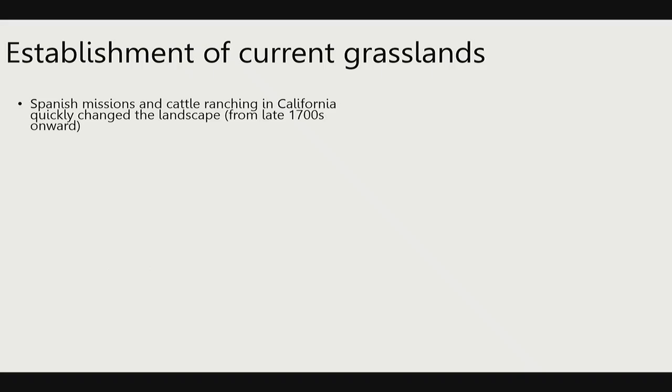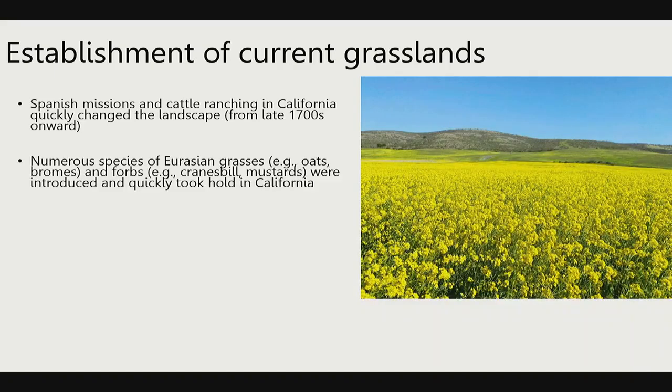From the late 1700s onward, Spanish missions, we all talked about Spanish arrival. If those of us who are here are Californians, took this unit in high school, we've probably talked about it in some intro classes here at college. Intense cattle ranching, intense agriculture, this really strong onset of intensive grazing by domesticated cattle herds, fire suppression, various other things, pushed down these long-lived perennial grasses and allowed these annual grasses to take over and dominate the landscape. There are a lot of Eurasian grasses that were also introduced, both intentionally and accidentally in California.